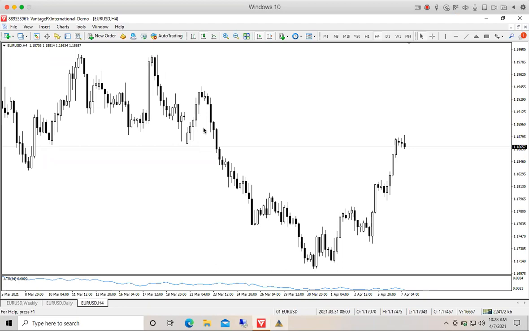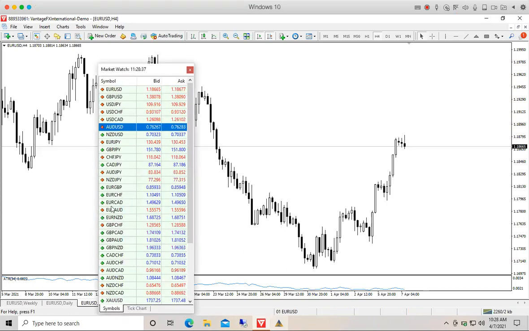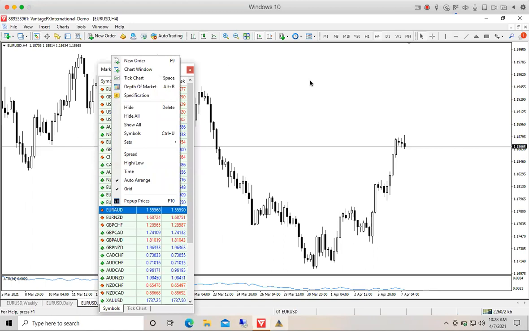Terry's saying your market watch reorganized itself alphabetically. How do you get back to my setup as per recommendation? Terry, that's interesting. I would have to look into that because mine doesn't. I've no idea why it would do that. You may have a setting that allows that to happen. I haven't seen that happen for a long time, to be honest. You can also save your market watch, if I remember correctly,